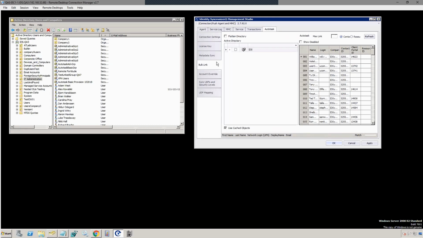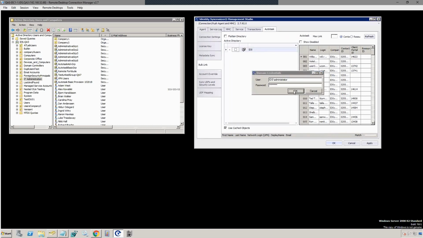So we link these users up. We make users have a permanent relationship between the Active Directory environment and the Autotask environment so that information is always flowing anytime something gets updated over on Active Directory. So if you already have a bunch of users in Autotask, one of the first things you'll want to do is link those up to your Active Directory environment. So we provide this tool called bulk link, which lets us go out and pick up all of